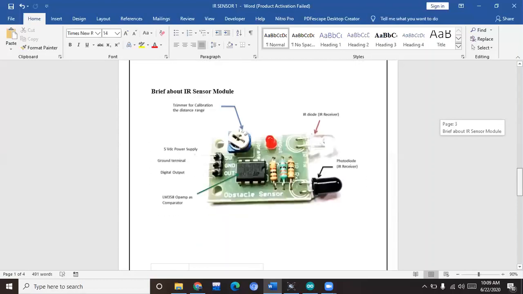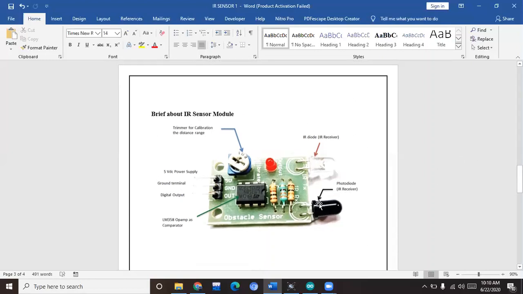As you can see here, this is the transmitter that basically transmits IR radiations. This part is a photodiode that receives those IR radiations and converts them into voltage. It is the basic characteristic of the photodiode to convert light energy into electrical energy.